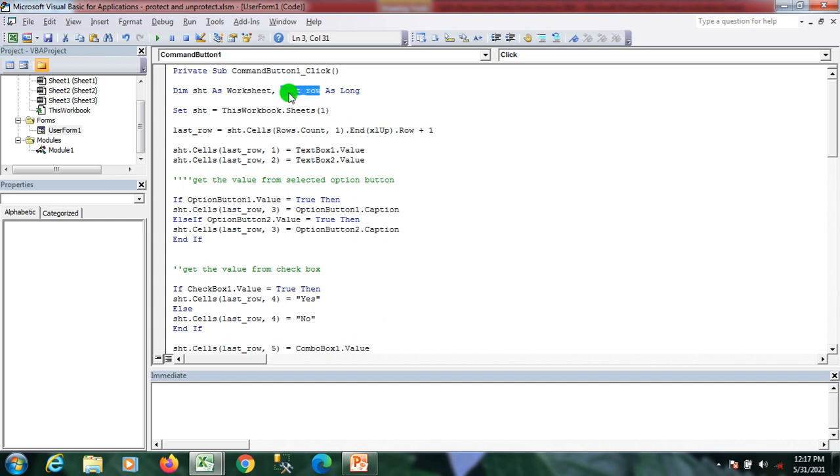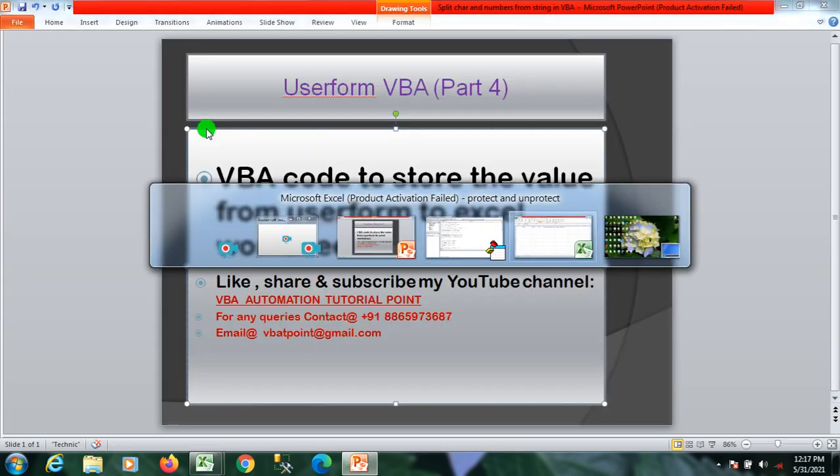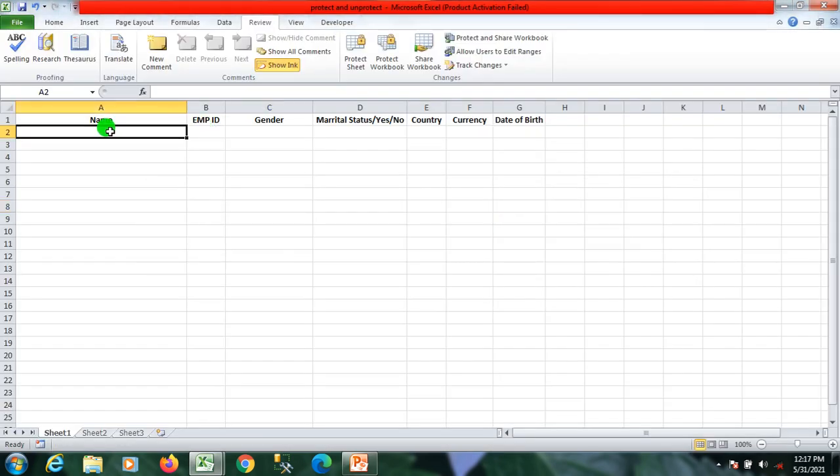And here I have one variable to find the last filled row from sheet 1. Here I have set the worksheet, and in this line I find the last filled row from sheet 1. Here you can see sheet 1.